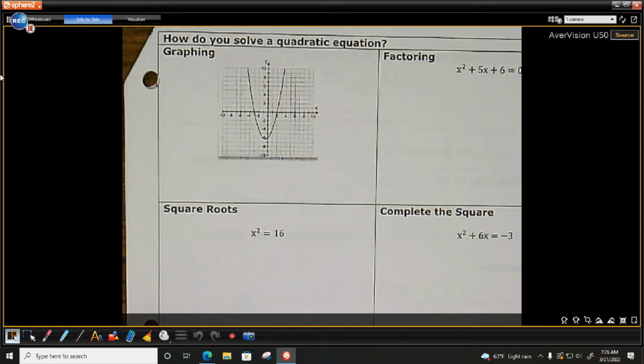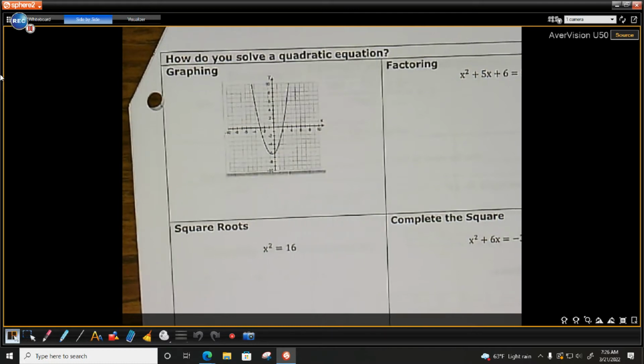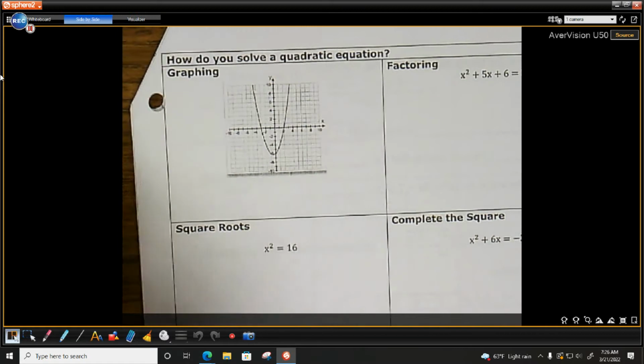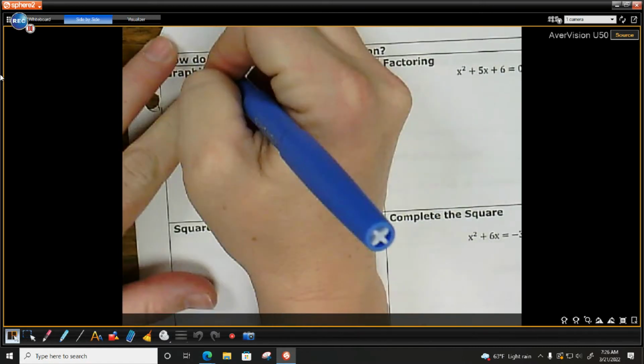So since it's been a little bit of time since we've gone over solving, we are going to refresh our memory of the 4 different ways we've already learned on how to solve. Okay, the first way was solve by graphing. Again, I think this is the easiest way to solve, and you can use this method. You really can use it always, but really